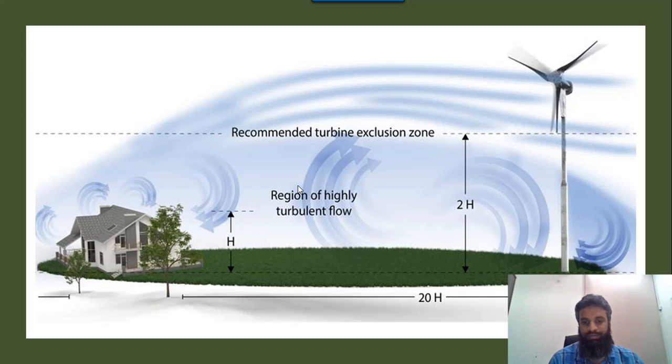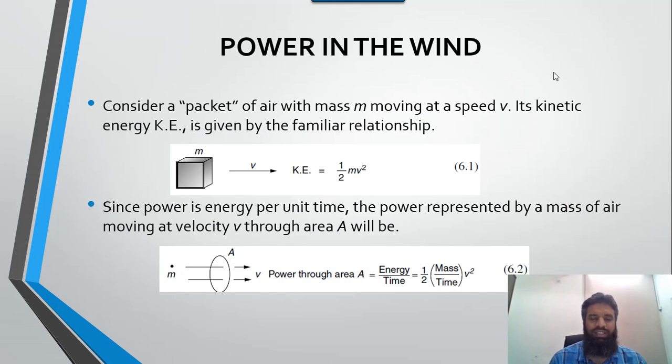the national grid. So there are different parameters in the wind turbine, like the height of the tower, then the size of the blade, then the temperature, then the pressure, and other parameters. So in order to design the wind turbine, we have to take into consideration all the parameters. So let's start. As you know, wind is basically air in motion, and